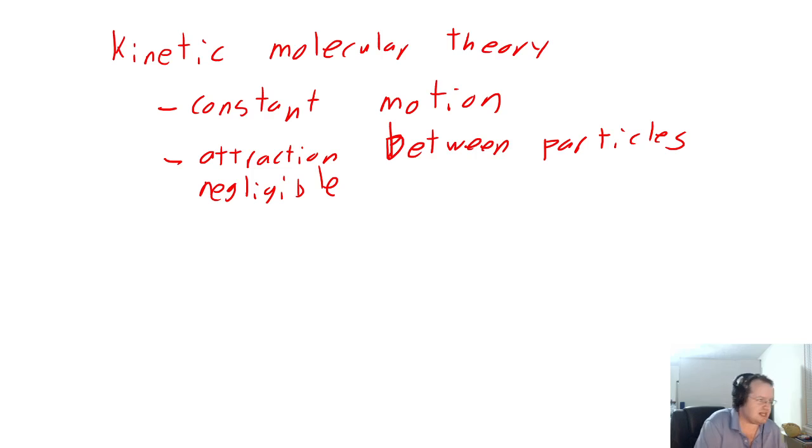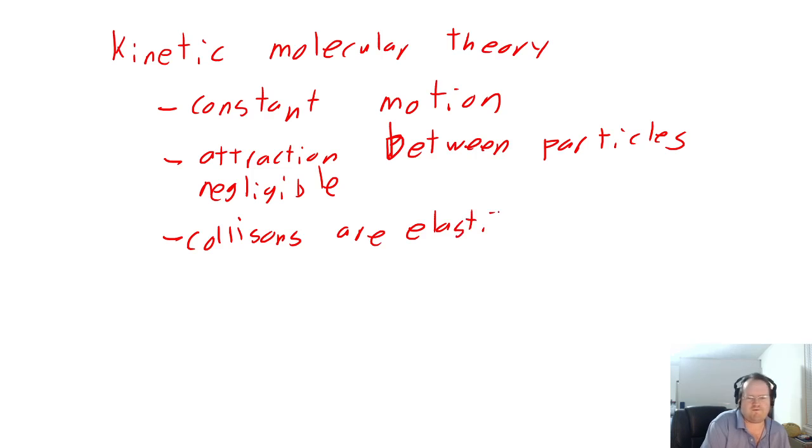What we also assume is that collisions are elastic. So what does that mean? You'll probably talk about this concept a whole lot more in physics. But the general idea behind this means if two molecules hit each other, they work like billiard balls would. They would go boop and bounce right back off. And that means they would keep all of their momentum. While they may change direction, nothing's going to get absorbed anywhere.